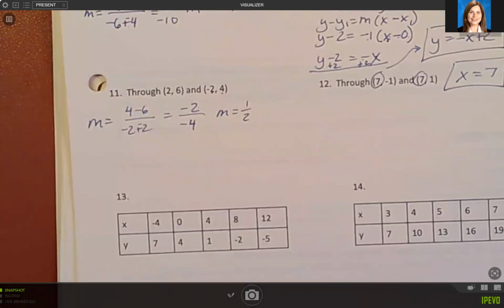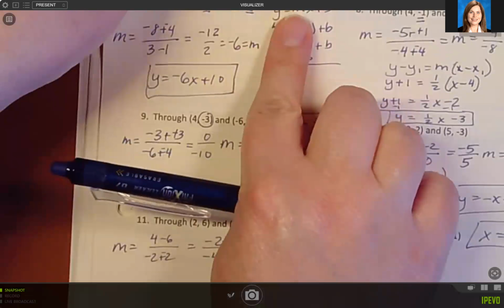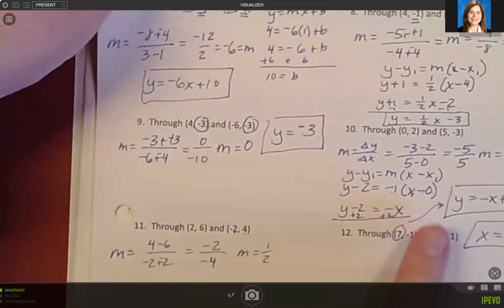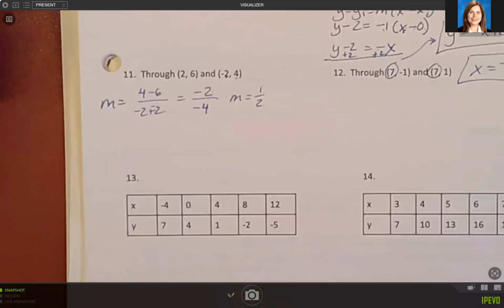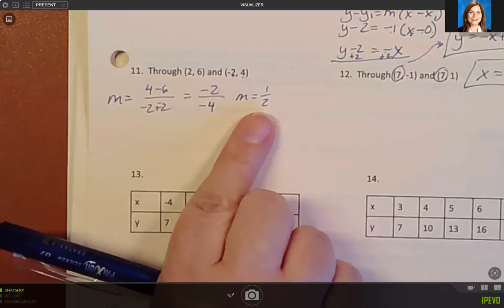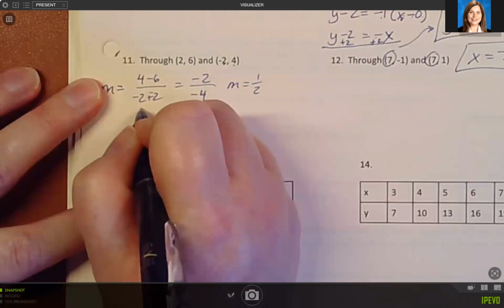And then you can use slope intercept form, or you can use point slope form, whatever you prefer. It looks like we've done a little bit more with point slope form than slope intercept. So let's just go ahead and do this one in slope intercept form. Although it is actually a little simpler to do point slope form, I just want you to remember both. We're going to reinforce both equations. So y equals